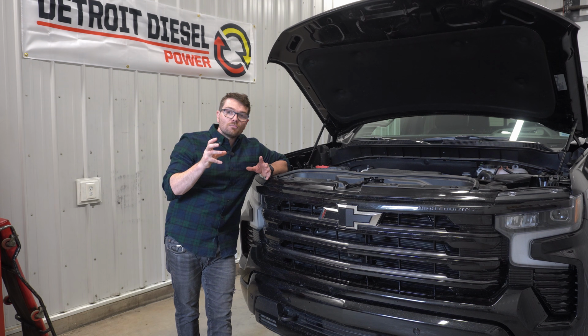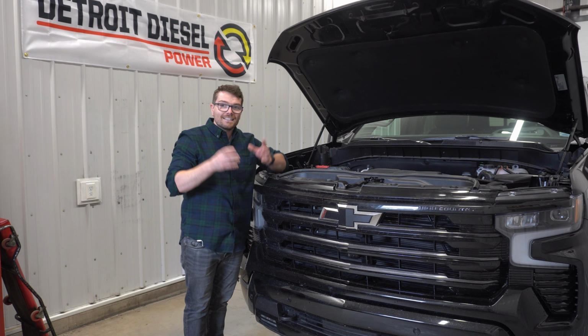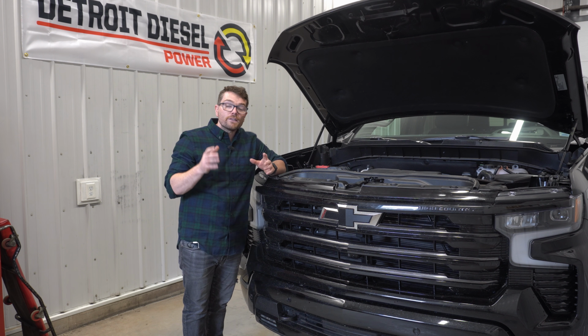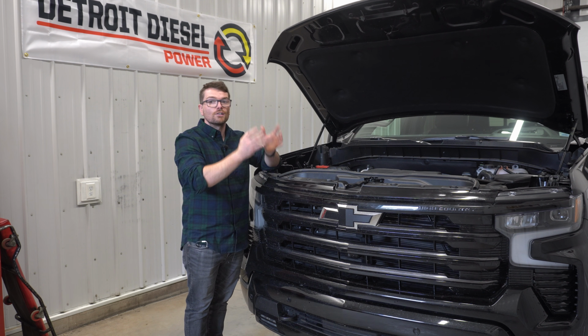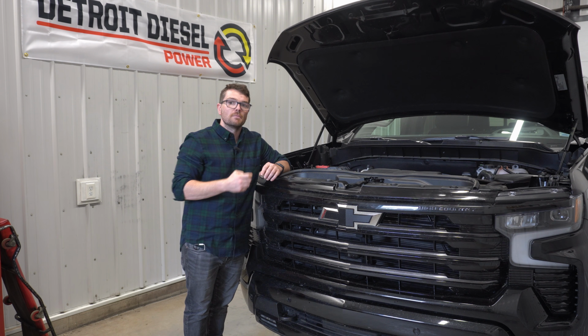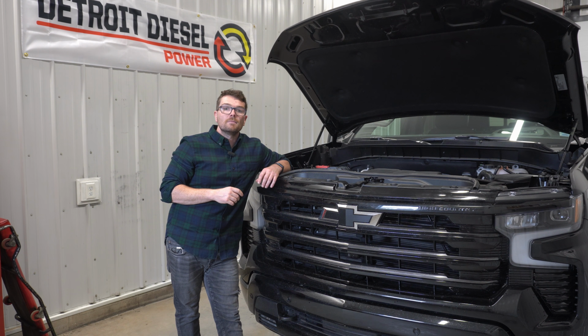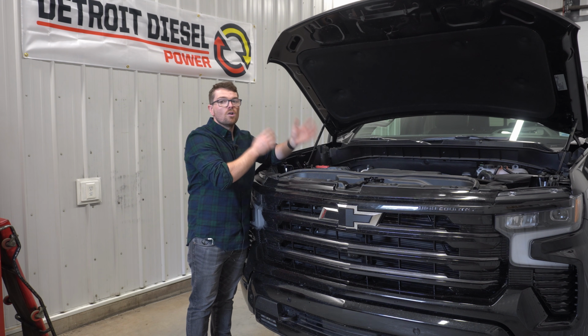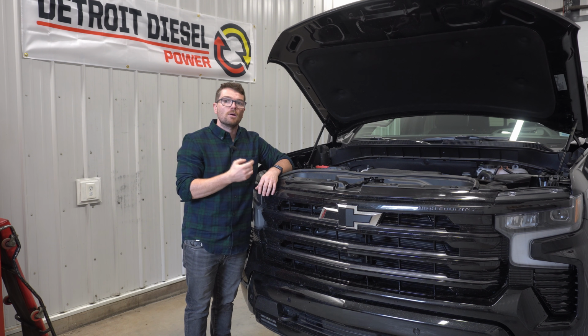So the EcoBoost is making its torque much quicker and much lower in the RPM band, and its peak torque is only at 2,500 RPM. So it's much more likely to want to stick closer to that RPM to get maximum engine power, where this engine makes its peak torque at 4,100 RPM. So it's much more likely to want to stick around 4,000 RPM to produce as much torque as possible to